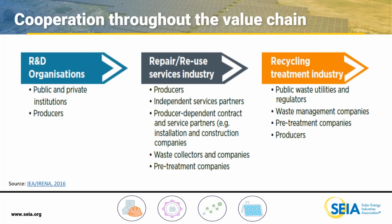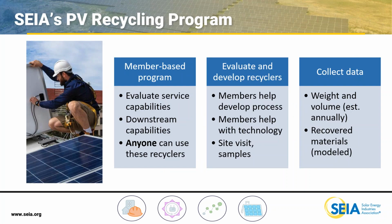And that is definitely another activity for our working group and for myself. And we think that it's definitely not just an end of the line activity, but something that needs to be addressed throughout that value chain. So in terms of specifics on SIA's PV recycling program, while it is a member-based program, we have developed